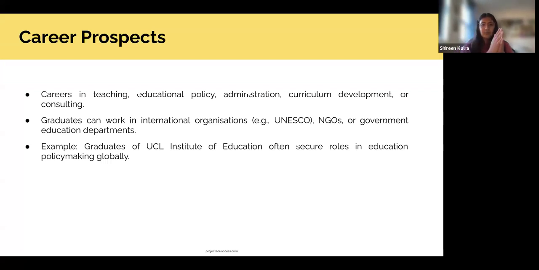But ideally, it would be teaching, policy making in whatever capacity, consulting, or international organizations. One other thing that I think a lot of people do after a master's in education is further study, that pathway of becoming an academic or a professor, a research assistant, a postdoc later on.